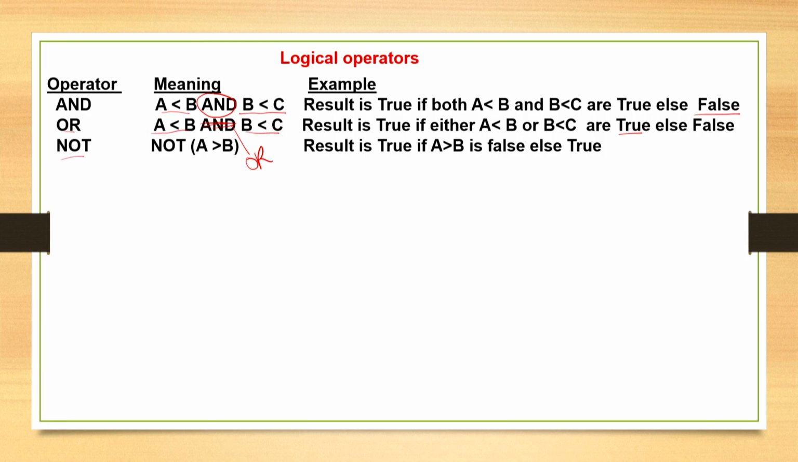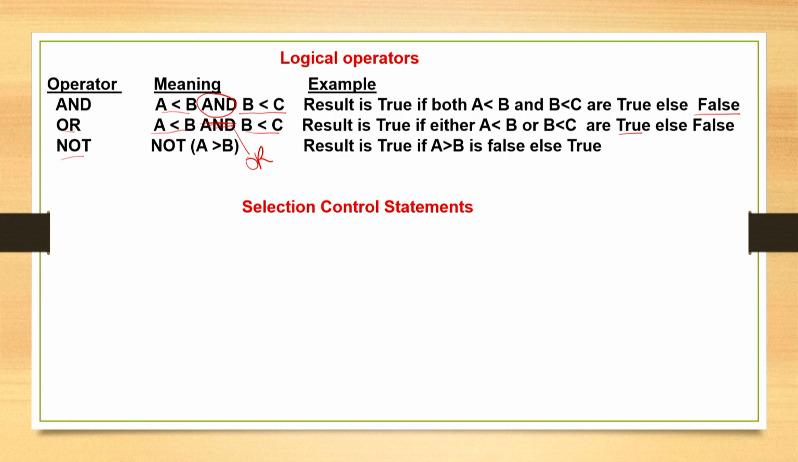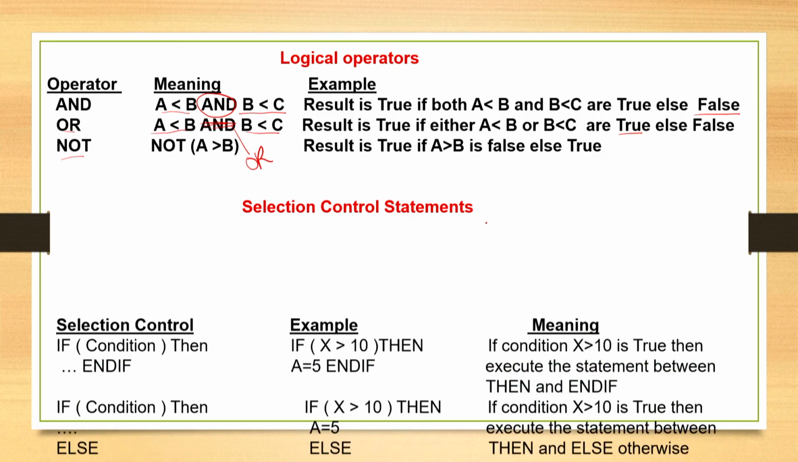Not means what? It's simply a negation. If it is 0, then it becomes 1. If it is 1, then it becomes 0. Means if it is false, then the not of false will be true and not of true will be false. Okay. Apart from that, we also use some selection control statements in algorithms and flowcharts